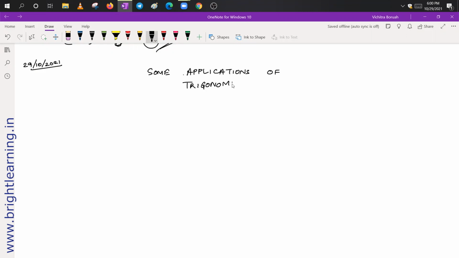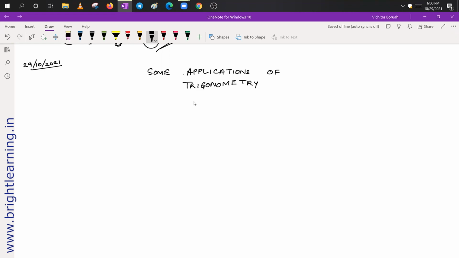Like 0 degree, 30 degree, 45 degree, 60 degree, and 90 degree. Okay, because in this chapter we will need those values. So just in case you have not memorized them, please memorize those values, okay? Is it fine if we just know how to make the table? Yes, just remember the table. Just remember all the values, sine 30 degree, cos 30 degree, tan 30 degree, all the values, okay? Because all these values we will need in this chapter, okay?